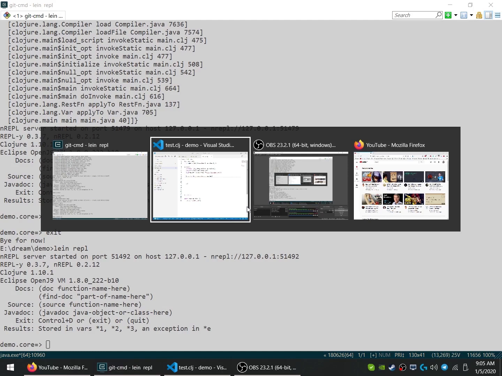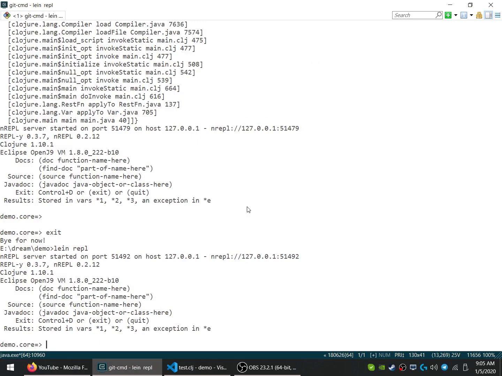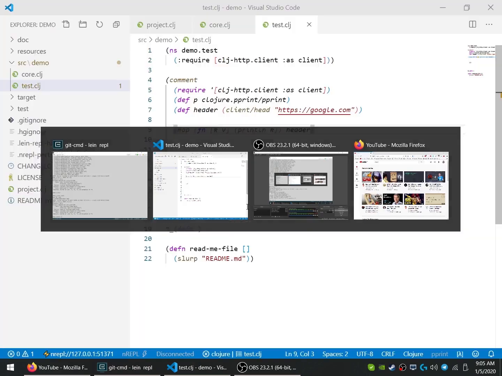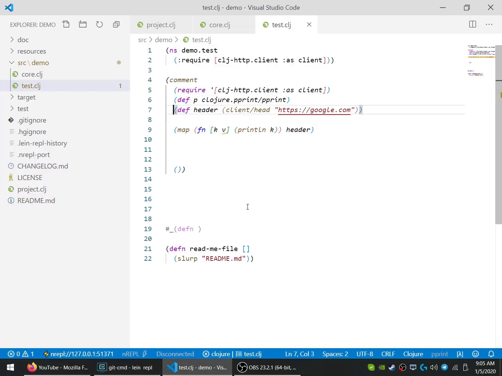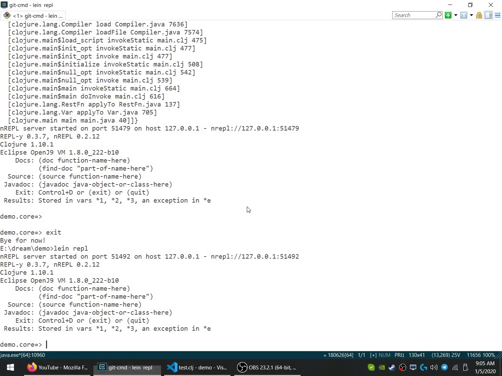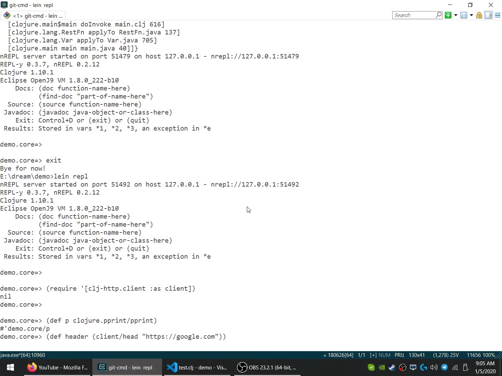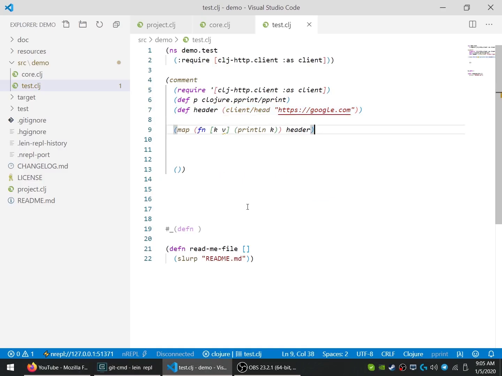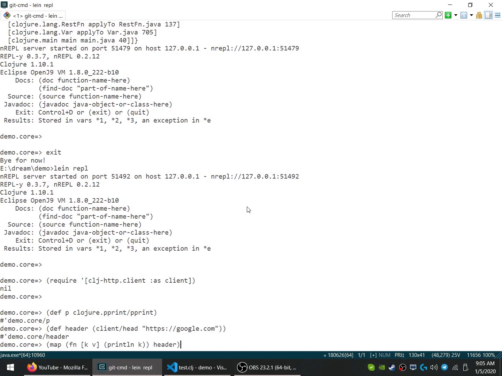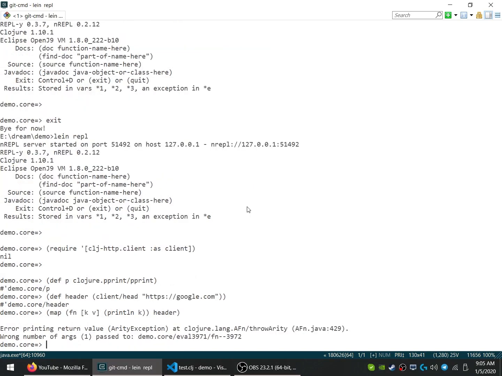Okay, since we've done that, let's reevaluate everything from last night. And we are just where we left off, right? We were about to print the keys from header. Okay, so wrong number of arguments passed to this function. Okay, println header,